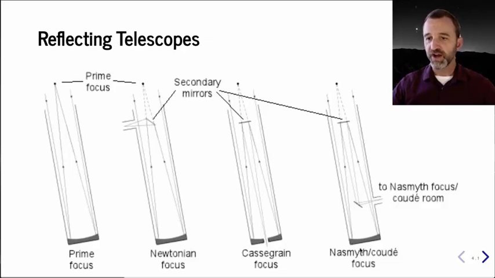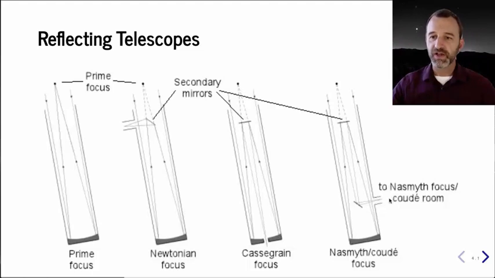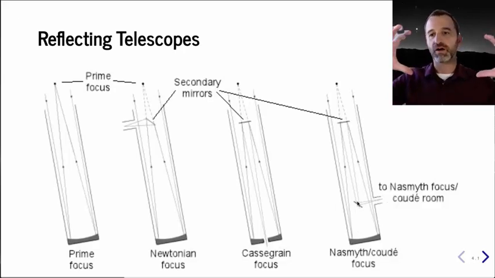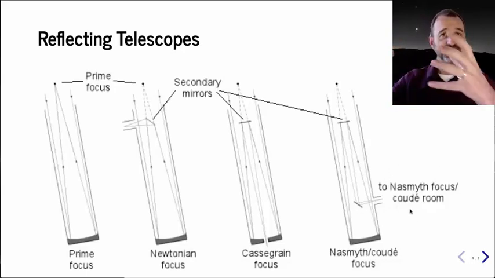There's a further variation of this design where you put in another mirror, so you have a tertiary mirror, and then that mirror can kick the light off to the side of the telescope. And this has some handy advantages because often we have mount points that are holding the telescope to the mount right about here. That's kind of the natural balance point for the telescope. So you can have a big arm that's supporting the tube of the telescope and then put light through that arm and have it go to another room where you have an instrument that's just sitting on the ground and